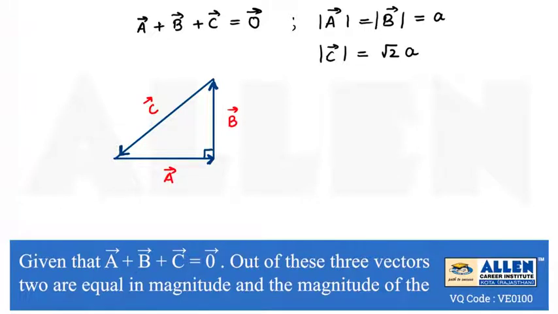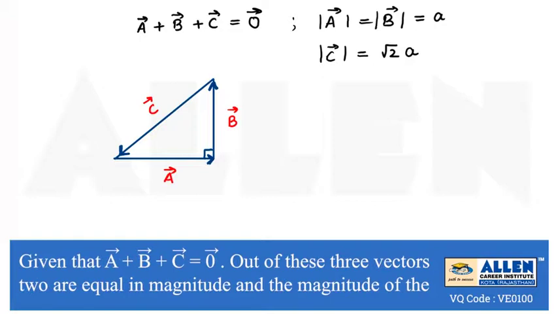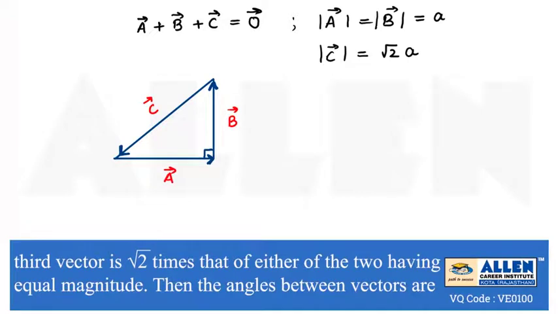Now we can see that at different points the head of a vector coincides with the tail of b vector, the head of b vector coincides with the tail of c vector, and the head of c vector coincides with a vector, so all three vectors are in the same order. That is why the result of all three vectors is equal to the null vector, because when vectors are drawn in the same order and reach the starting point, the summation of all the vectors is equal to 0 vector.